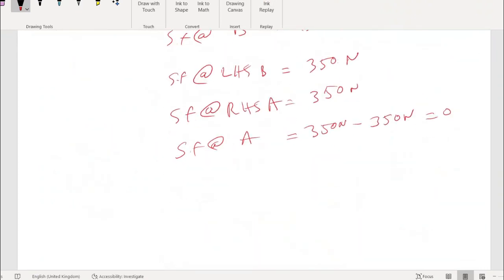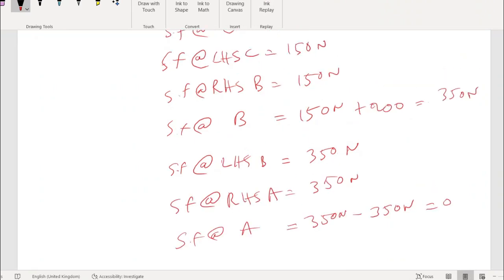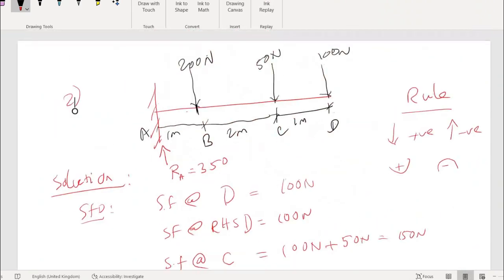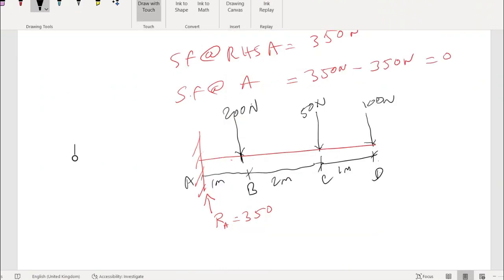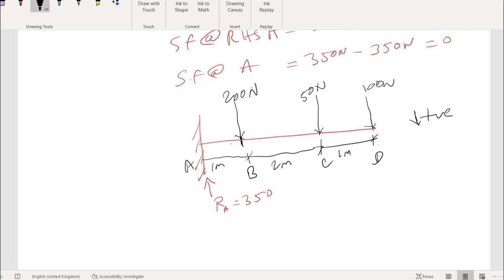We found all the shear forces across the span. Is this clear, everybody? Let's draw the diagram. Downward positive, upward negative, right? Most of them are positive. All across the beam it is all downward, so all these values are positive. Downward positive shear force diagram. So positive, you can draw it on top.